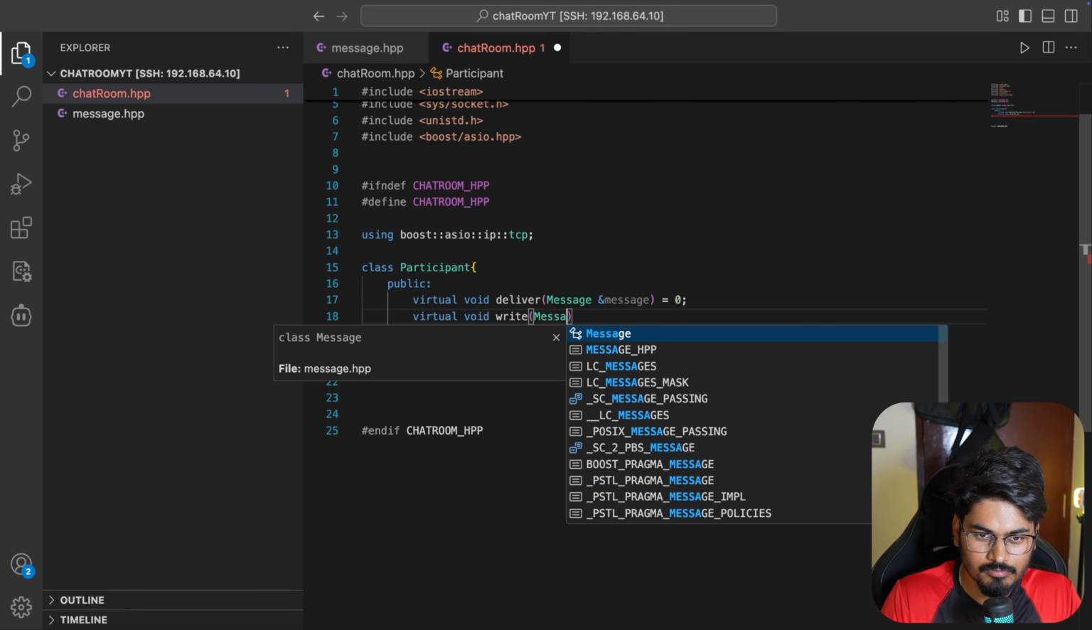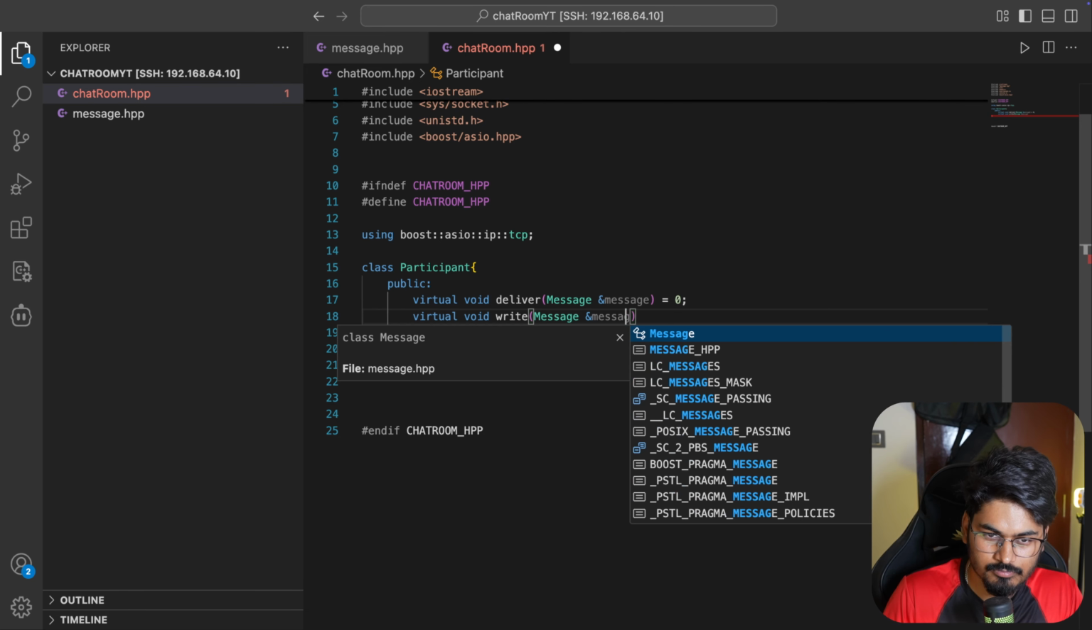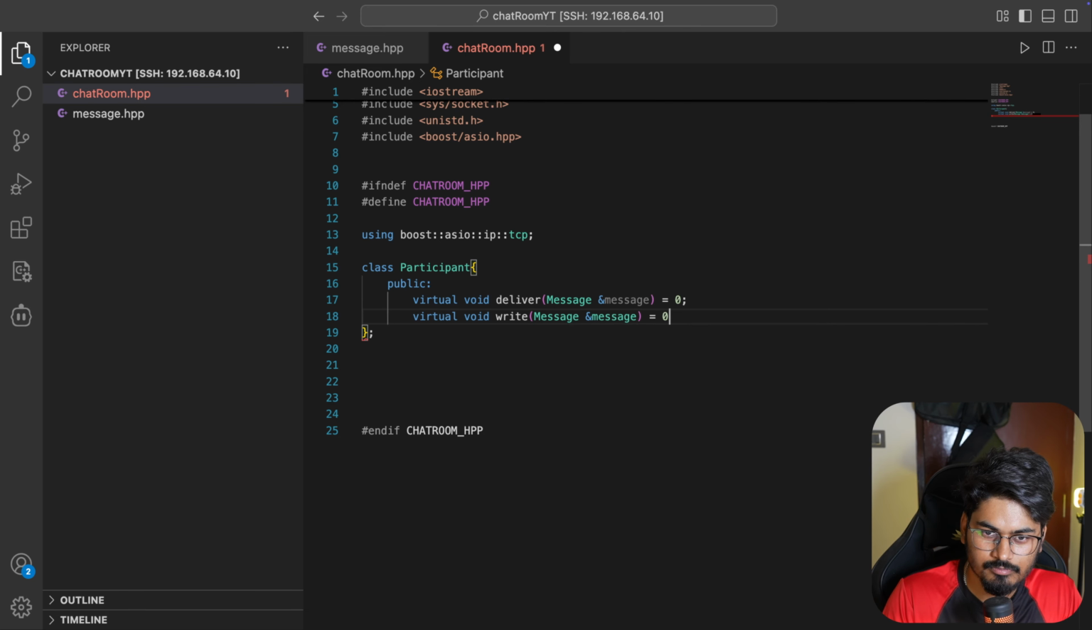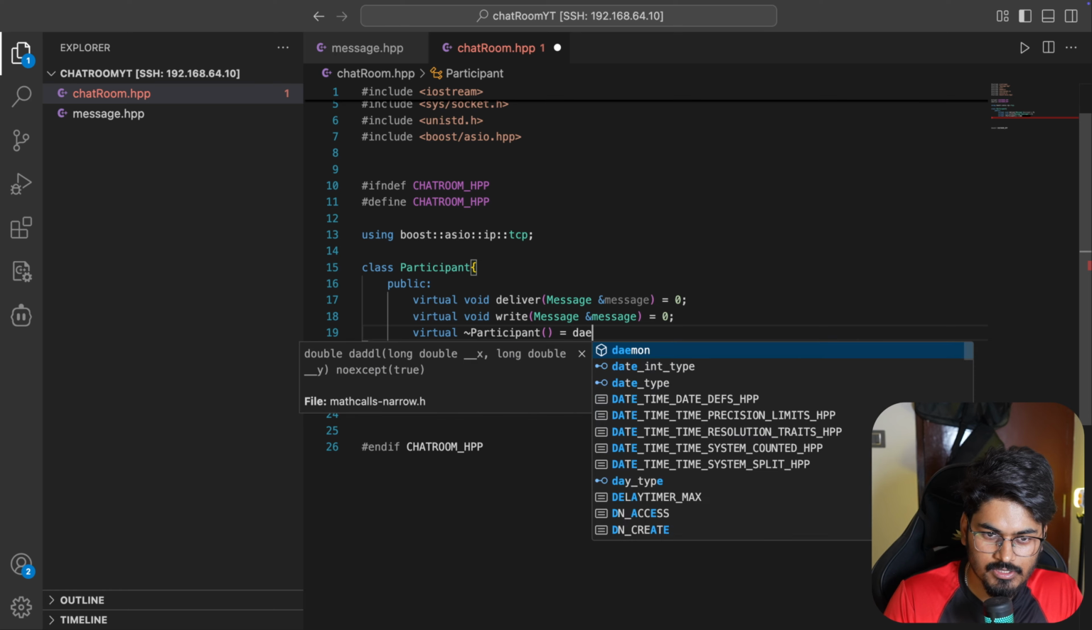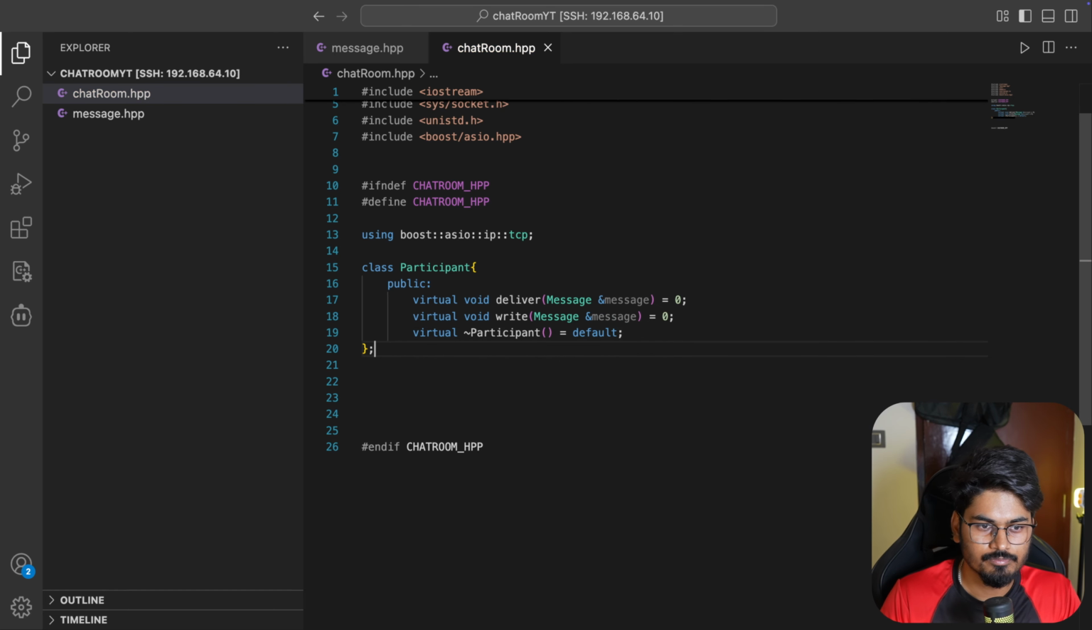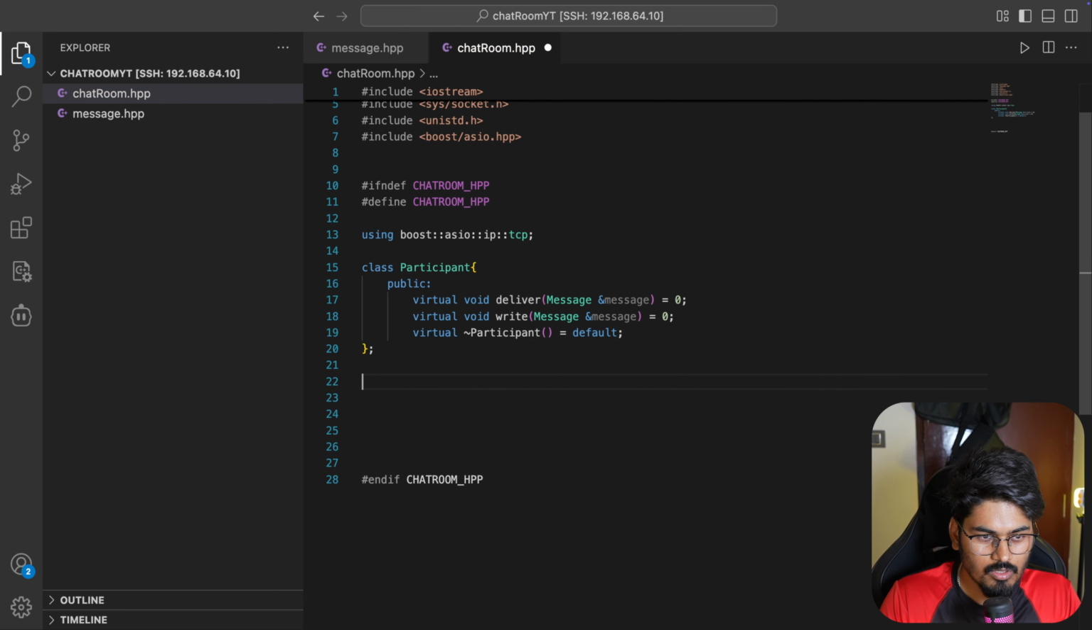So message equals to 0, and one destructor. This is nothing but the default one. So now